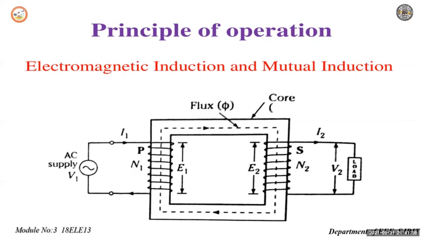The voltage drop should be as small as possible. Hence, the less the regulation, the better the performance of the transformer. So, for calculating the regulation of a transformer, percentage regulation is equal to total voltage drop by V2 into 100. Total voltage drop is nothing but E2 minus V2. The regulation together can be expressed like this, where I2 is the secondary current,